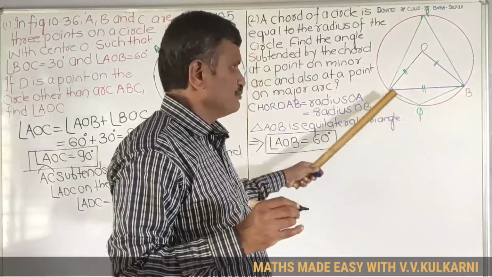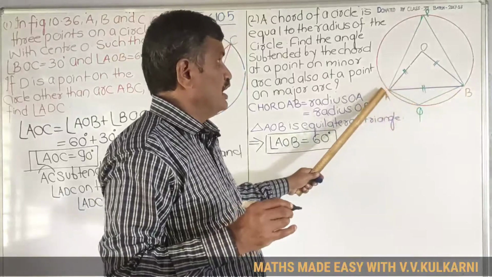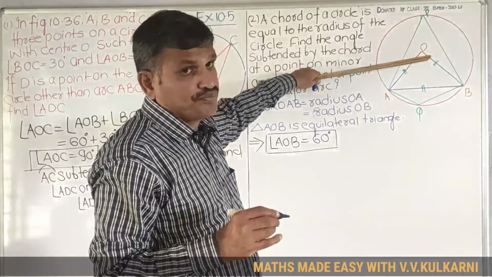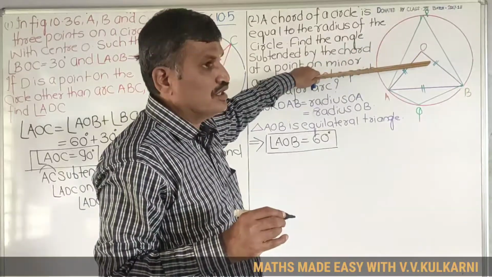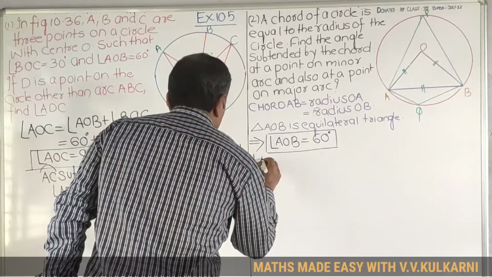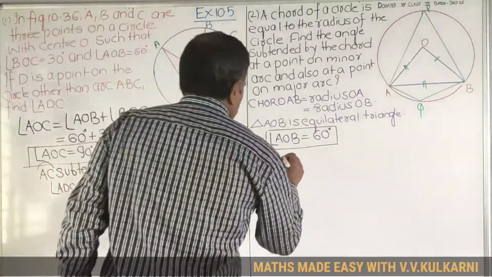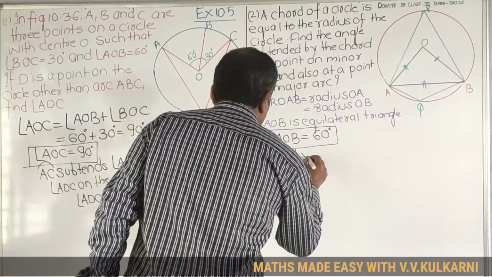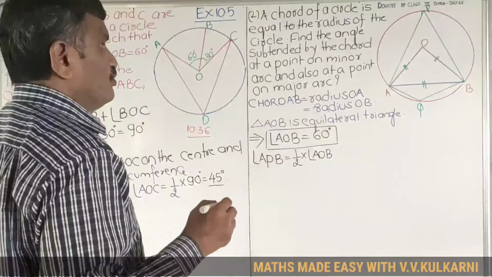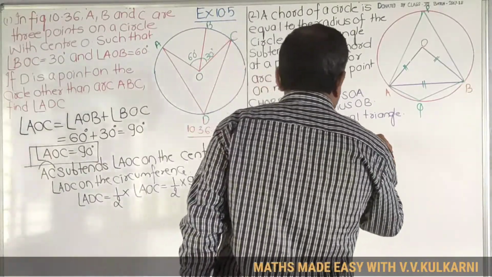Arc AQB subtends an angle AOB at the center and APB on the circumference. So this angle will be equal to half of this. If I have to measure angle APB, angle APB is equal to half into angle AOB, because you can write here the reason, arc AQB